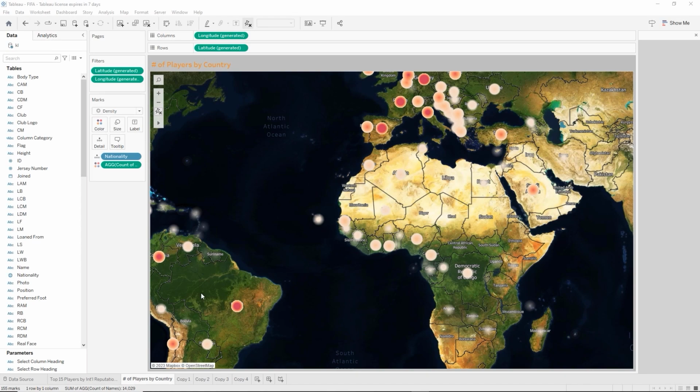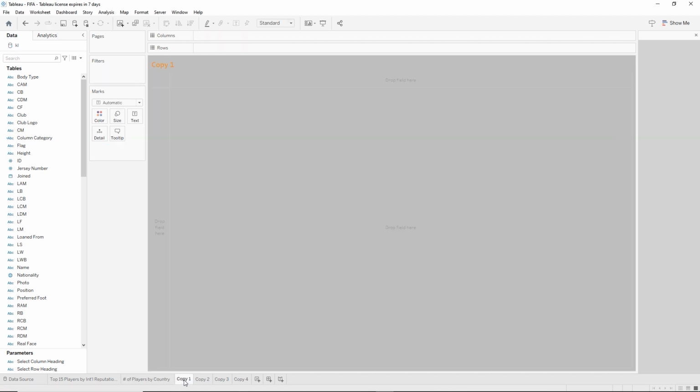So if you look down at my sheet tabs, I have a total of 4 copies of that blank sheet template that we're using. And I just named them copy 1 through 4. It just makes it easier for me to know which one to navigate to, because sometimes when you keep copying the same one, the name gets kind of funky at the end. So I'm going to go to copy one,